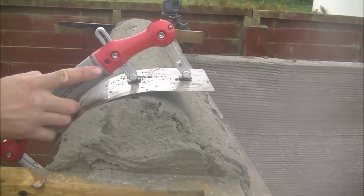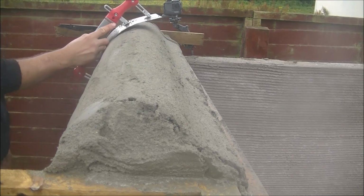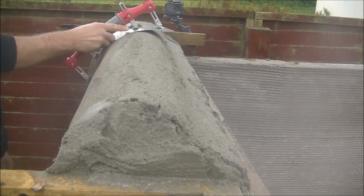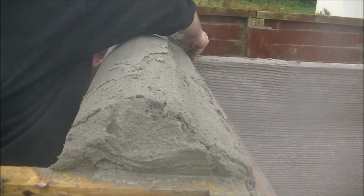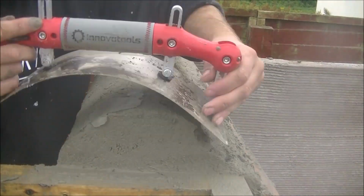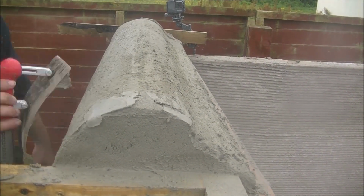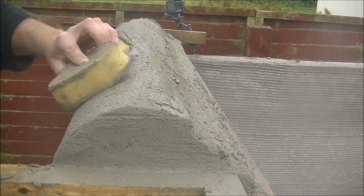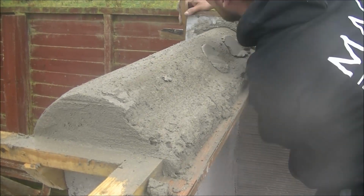And so basically I was using the running mould for this job, a fine bucket scoop, and this Innova trowel as well to help flatten it in. And like I said, just on the smallest bit first, and the reason for that was just to get the confidence up and get a feel for it, and make sure my running mould was going to work, and I was going to be able to finish it in as well. And as you can see, it shapes up pretty well